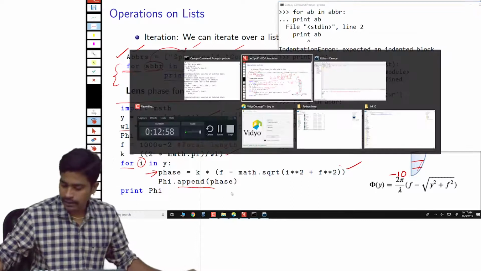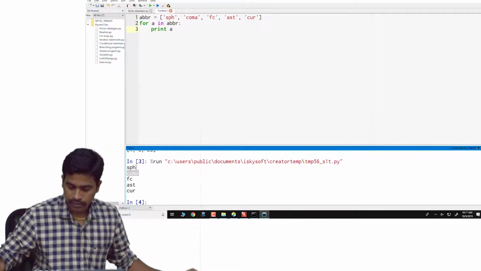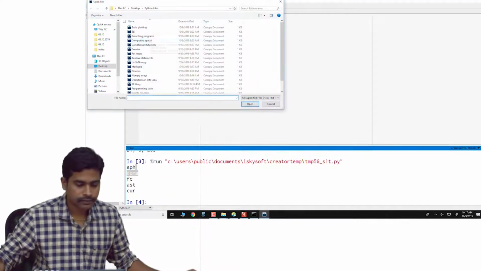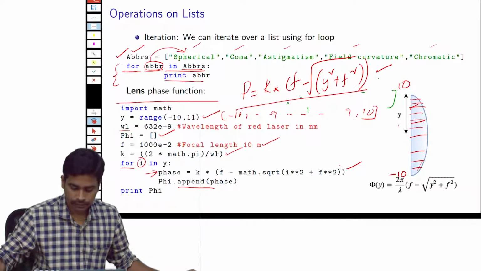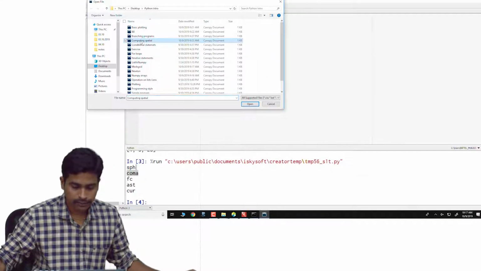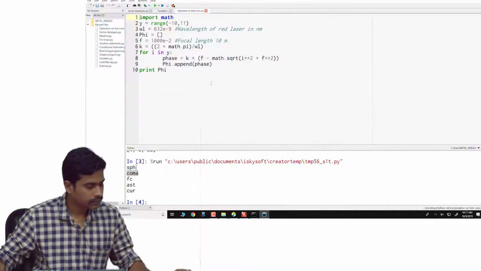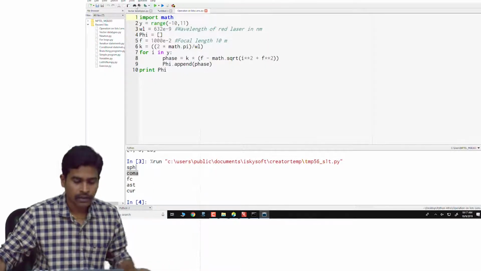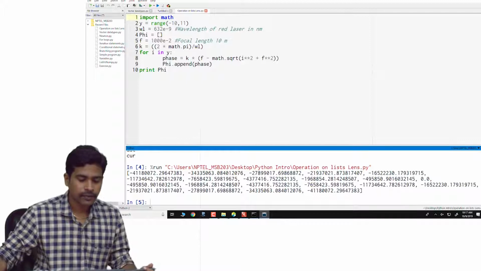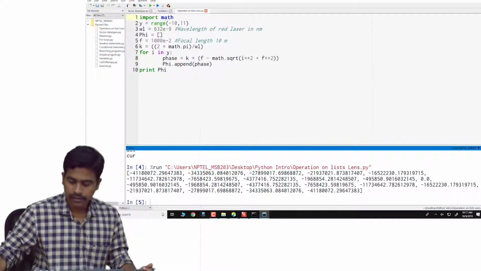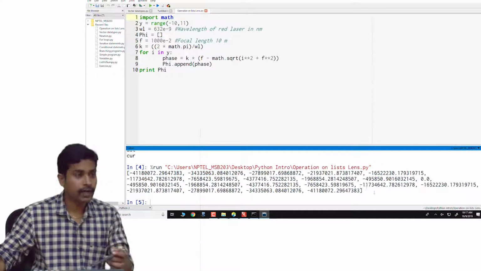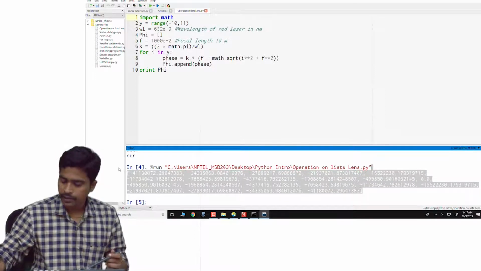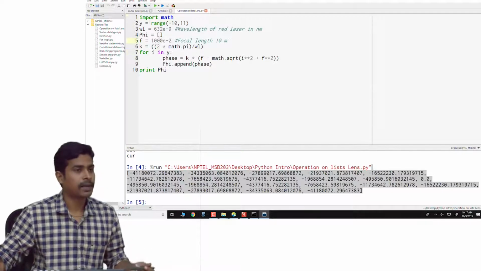So let's see how this program works. This is the same program. So let's run this. With the given values, these are the phase values that the program has calculated.